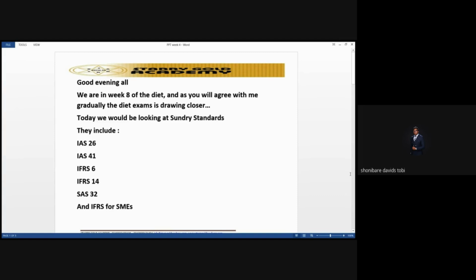Now, what's the scope of IAS 41? IAS 41 applies to biological assets with the exception of bearer plants. So please note that bearer plants have been exempted from this particular standard, right? So let me go again with that. IAS 41 applies to biological assets with the exception of bearer plants, agricultural produce at the point of harvest, and government grants related to these biological assets. Please also know that it does not apply to land related to agricultural activities.